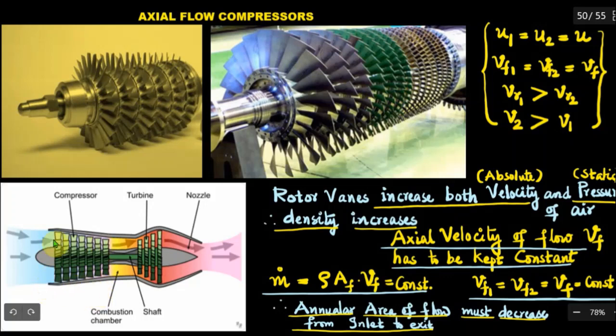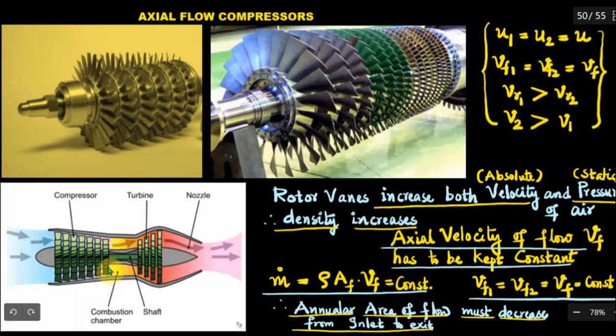But a very important thing you can note is, consider the annular area. From the inlet it is here, the outlet of the compressor is here. See, if you consider the annular area, the frontal area, and here the area, there is a progressive reduction in area. So why is it done like that?